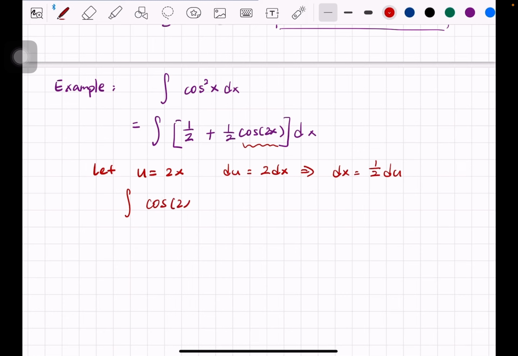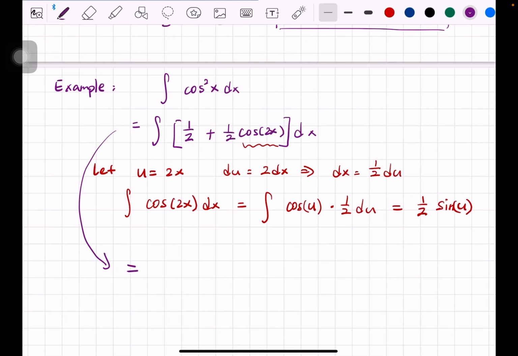Then let's look at cosine of 2x dx. This one can be rewritten now in terms of cosine of u times 1/2 du. We can put a 1/2 out, where the antiderivative of cosine of u is just sine of u. And once we replace u back with 2x, this becomes